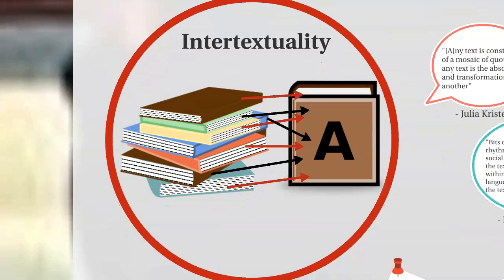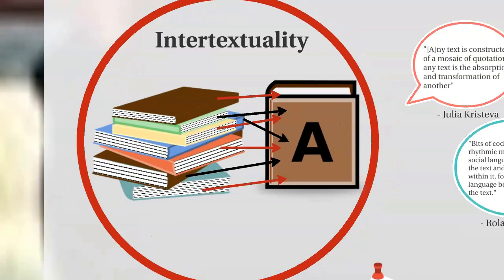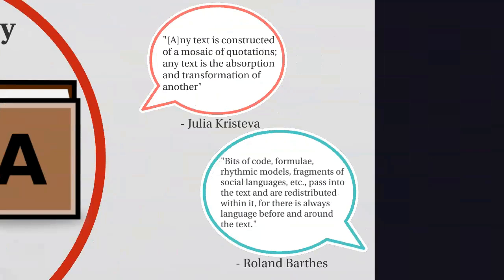In order to do this, though, in order to understand how all those individual pieces work together, we have to talk a little bit about what's called intertextuality. So intertextuality was coined in the 1960s by Julia Kristeva. Basically, she says, any text is constructed of a mosaic of quotations. Any text is the absorption and transformation of another. So what does this mean? It just means that